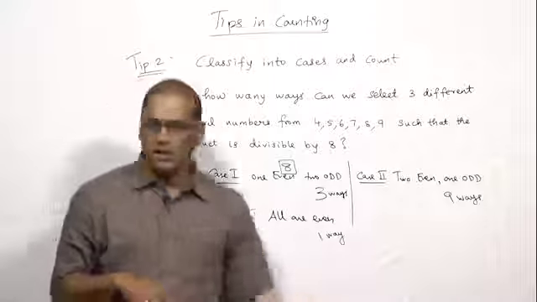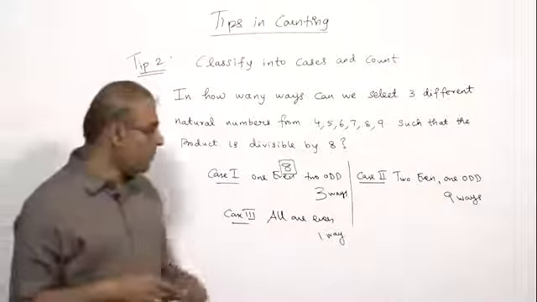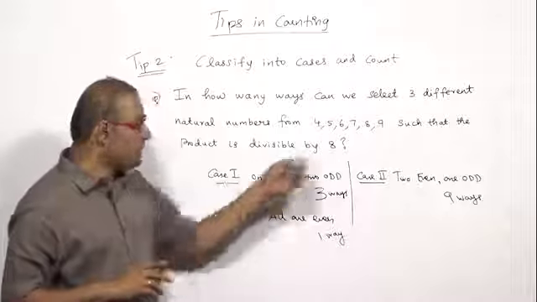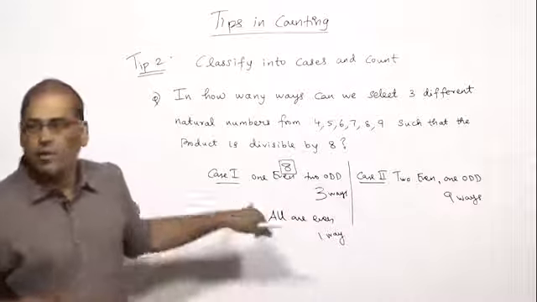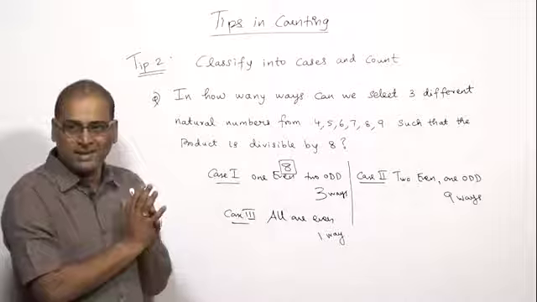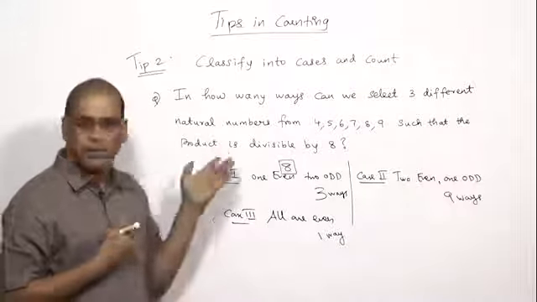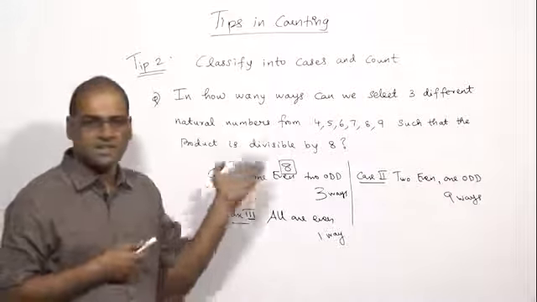Of course, this counting and all we will be seeing in the subsequent tips also. No problem if you are able to understand this. The point is how we classify and count. This is not the only way to classify. I'm not telling this is the only way to classify. Classification depends on your choice, how you are theoretically going to classify. Is there any other way to classify the same?